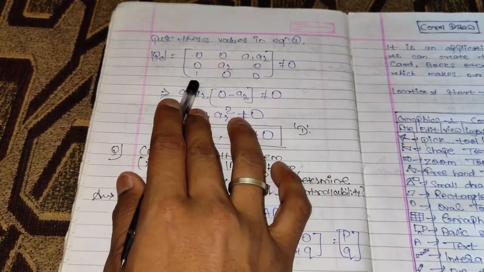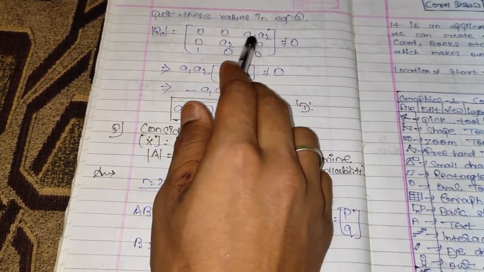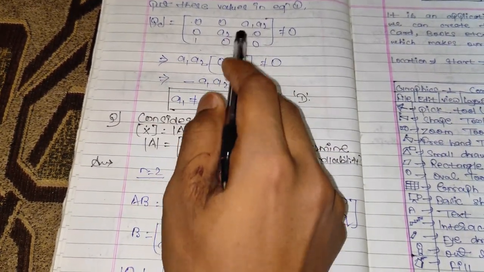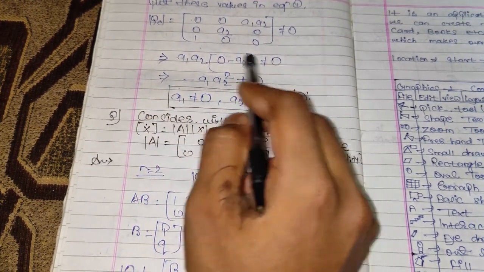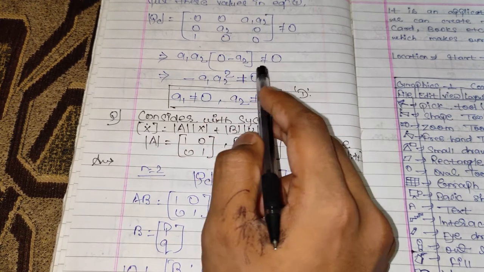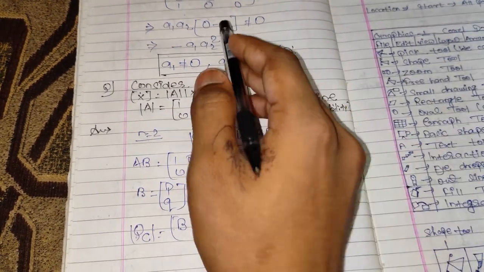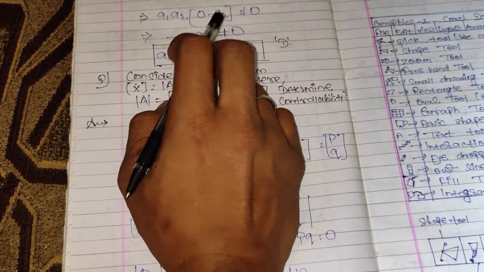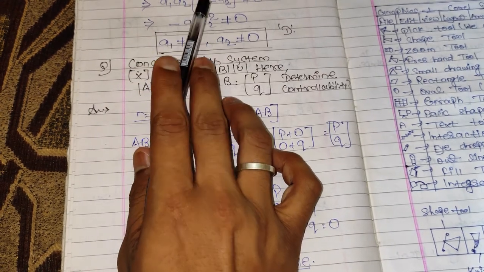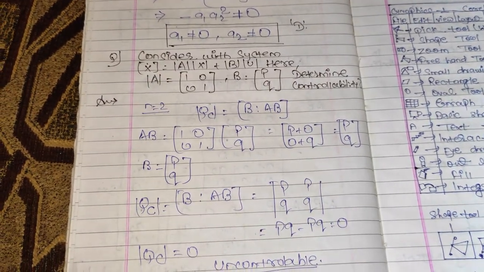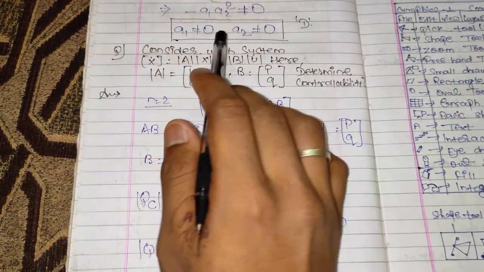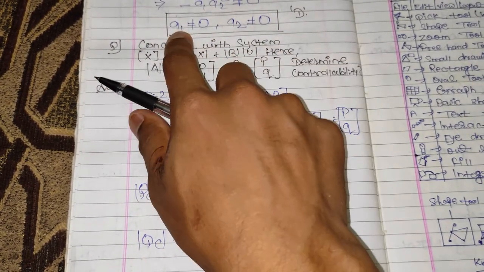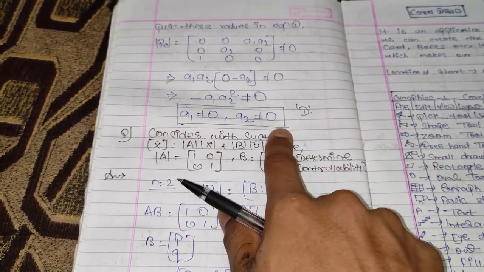When we start finding the determinant, we have plus, minus, plus. So the A1, A2 terms cancel, 0 into 0, 0, minus 1 into A2. This becomes minus A1 A2 square. It should not be equal to 0. So if either A1 or A2 becomes 0, the whole determinant will become 0. But the condition is it should not be equal to 0. Here it matters only whether A1 or A2 becomes 0. A3 is not present here, so it is 0. To fulfill this condition, neither A1 nor A2 should be 0. So A1 is not equal to 0, A2 should not be equal to 0.